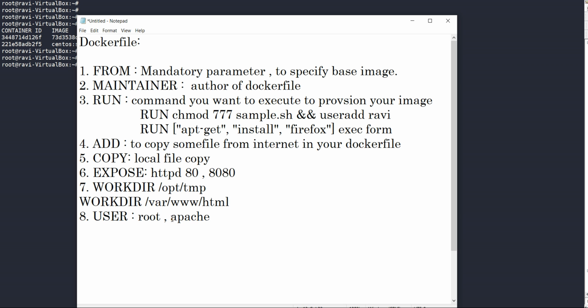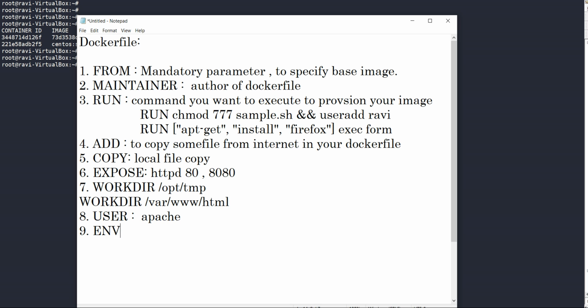If I have used user Apache, then my user will be Apache. Better to use the application user here. So whenever you log into your container created by the Docker file, you will do whoami, then you will find Apache. If you have given root, then root will come. So better to use Apache or another non-privileged user, because if you use root here, then for security reasons it will not be good.